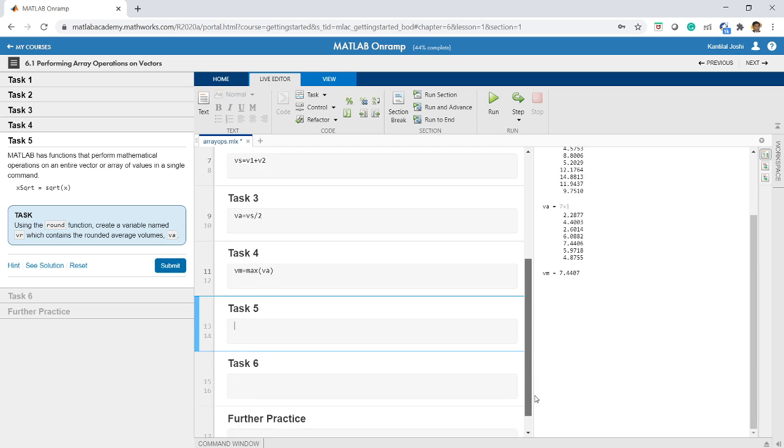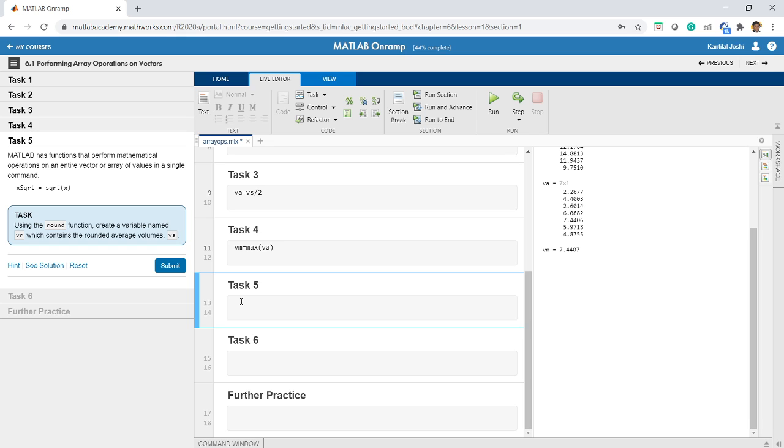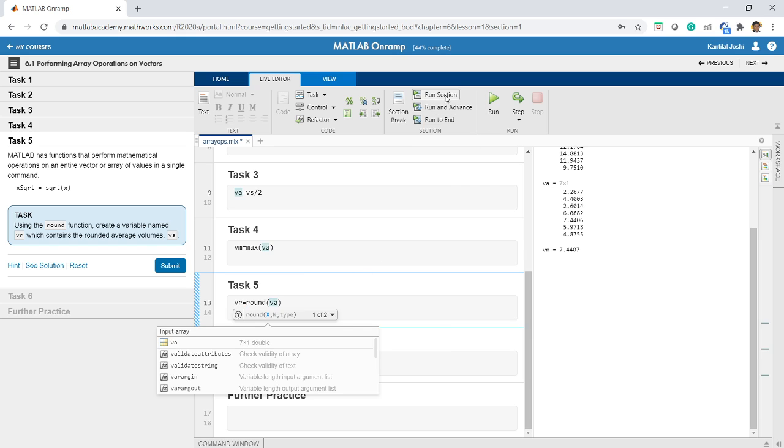So this round function will simply round these values to the nearest integer. So let me do this. I'll write vr is equal to round va. Let us run and see what happens.